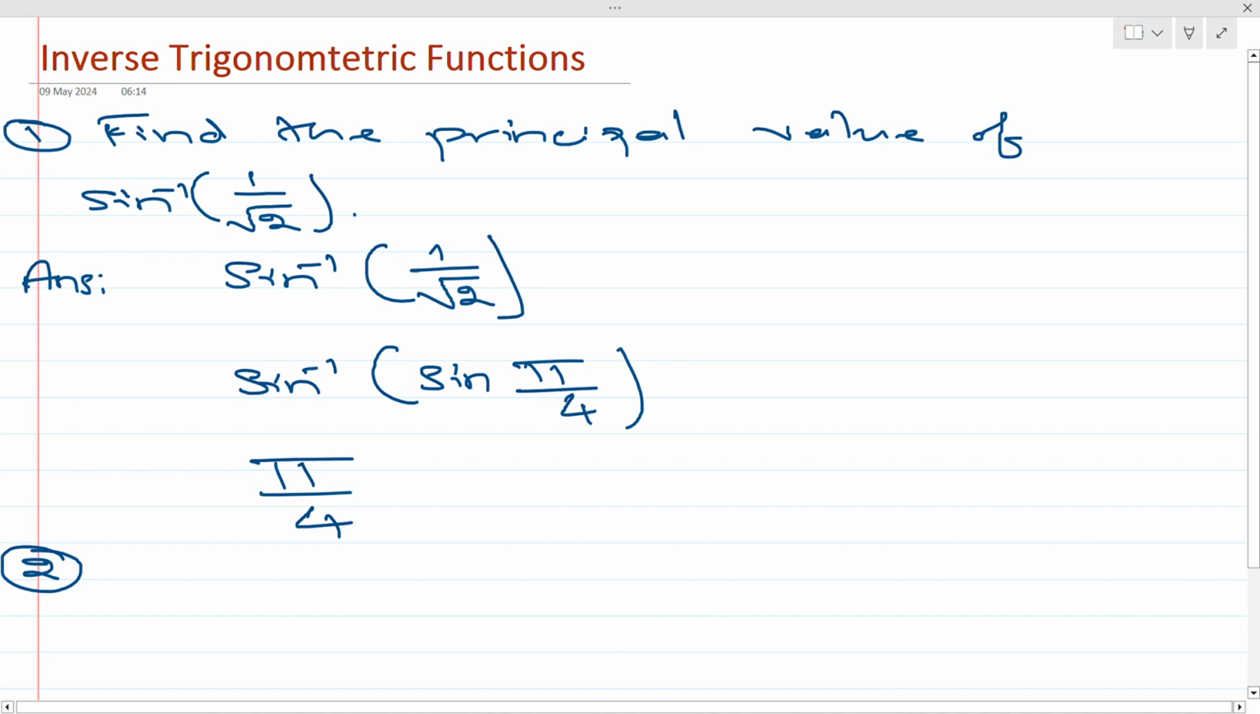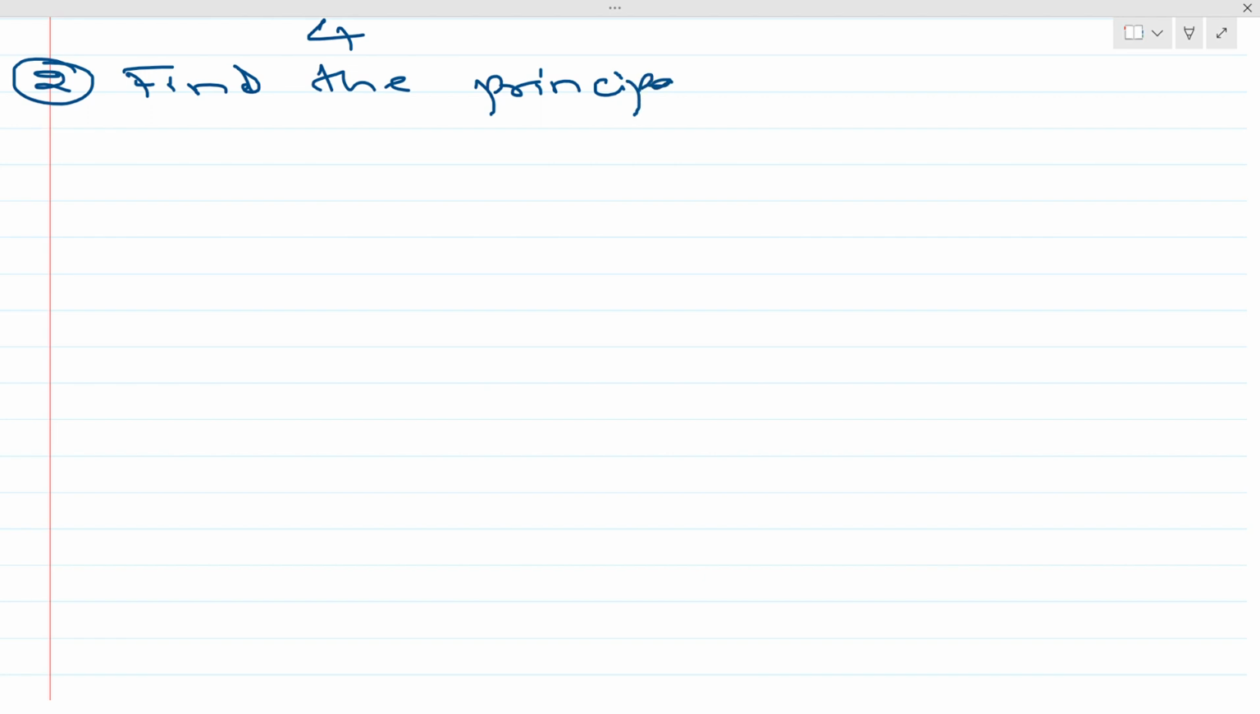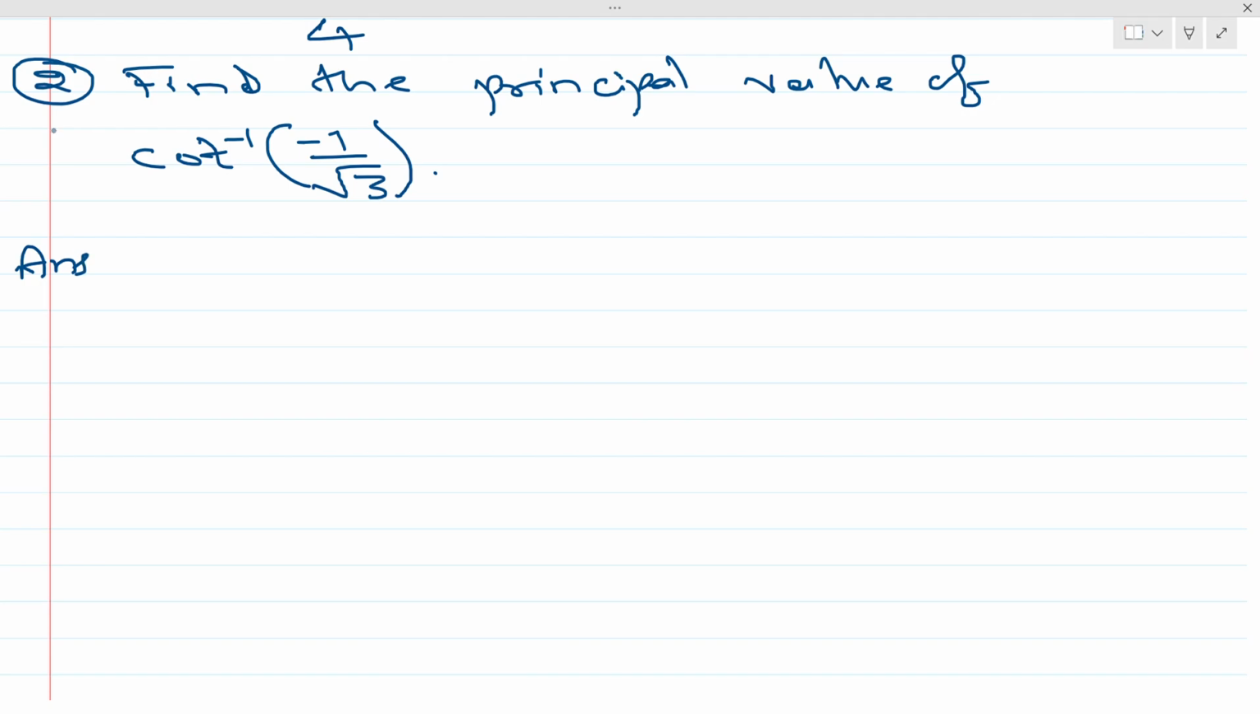Second question. Find the principal value of cot inverse minus 1 by root 3. Answer for this. As we have cot inverse